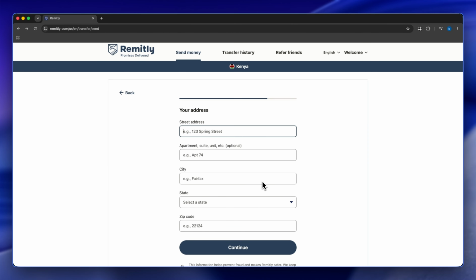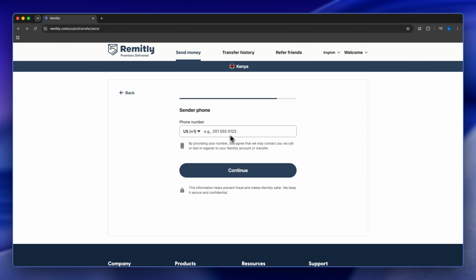We're going to confirm. And it's going to ask for your address. And it's going to ask for your phone number. And the next is going to be where you're going to send the money through, which is your bank account. And it's going to show you a summary of the transaction. And it's going to send the money. Now that's how to send money to Kenya through